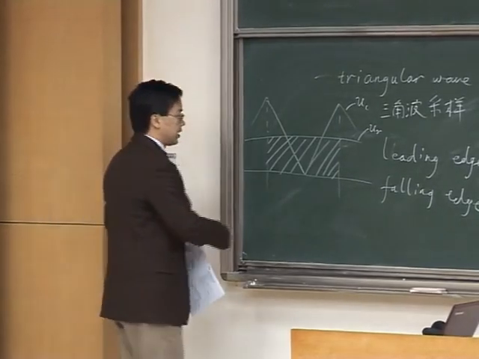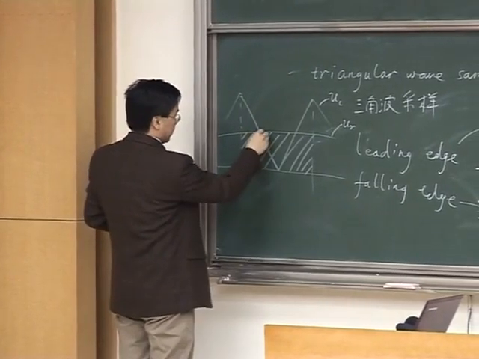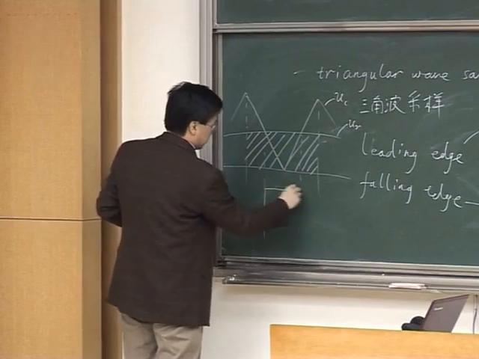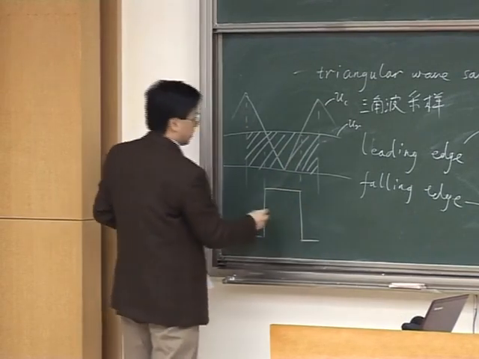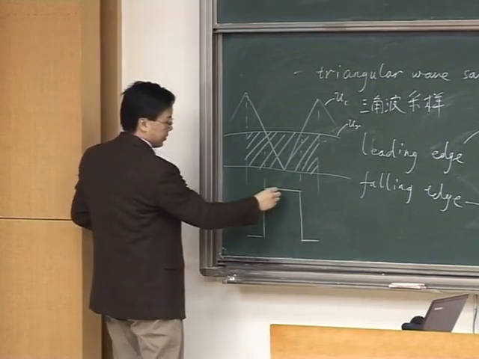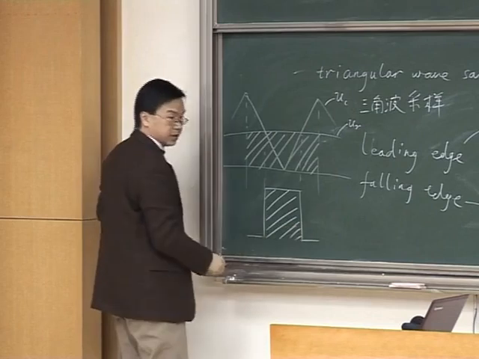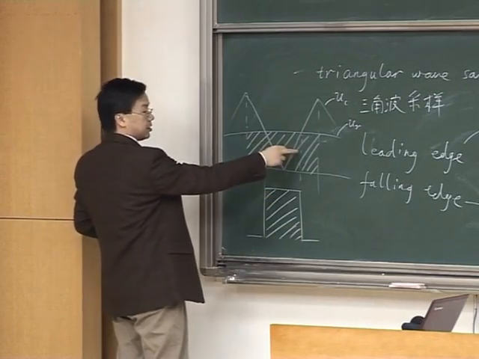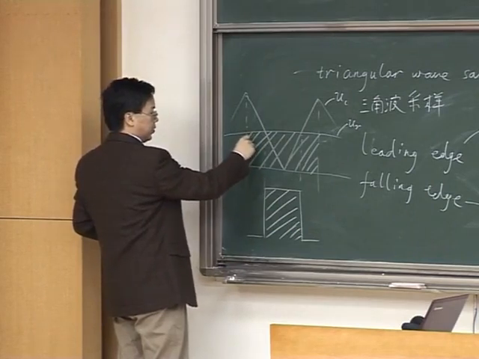This is modulating signal UR. This is the carrier signal UC. And we have proved that the area of this square wave pulse is the same as the corresponding pulse we separated